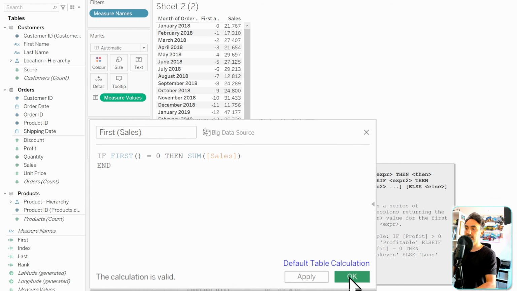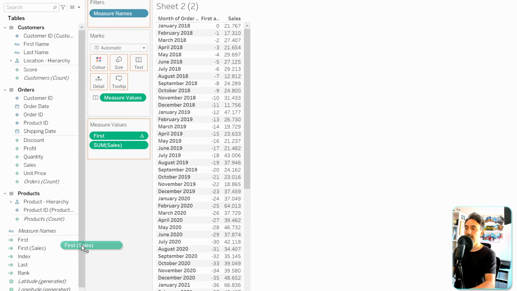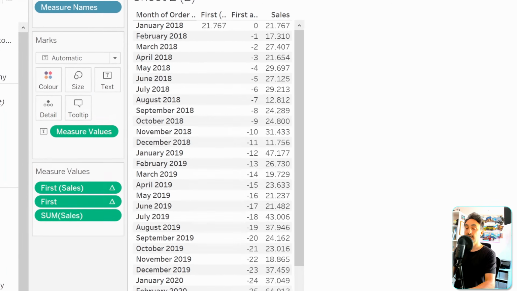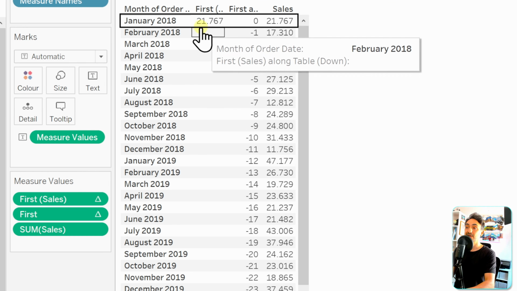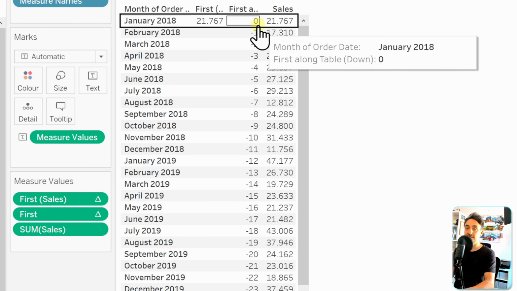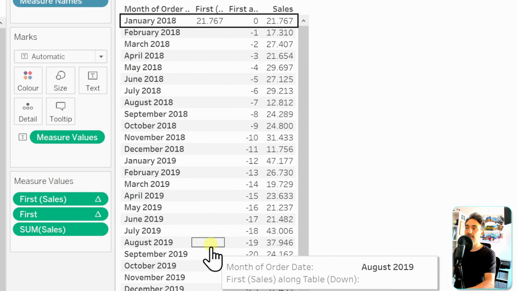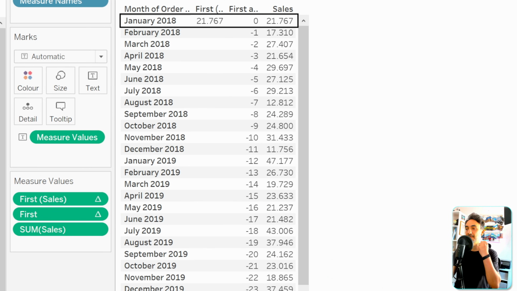So let's go and hit OK. And with that, as usual, we got our new measure. Let's drag and drop it to the view over here. And as you can see, Tableau going to show the sales only if the first equals to 0. And if not, as you can see, we don't have anything. So with that, we got the first value in the sales,